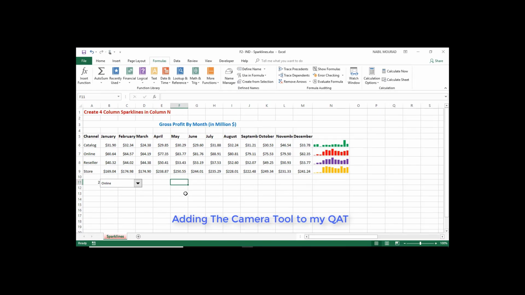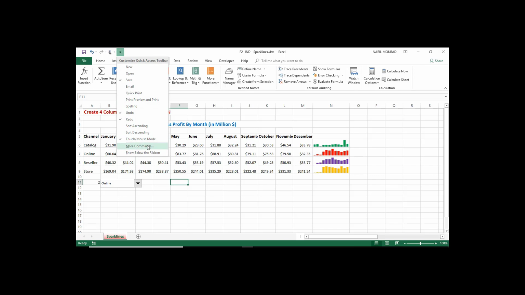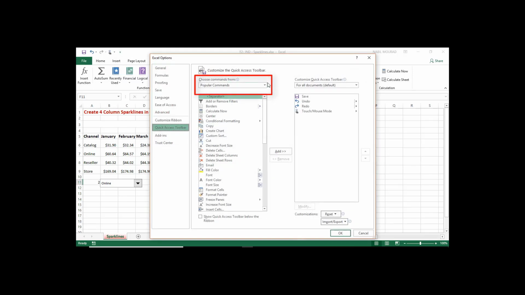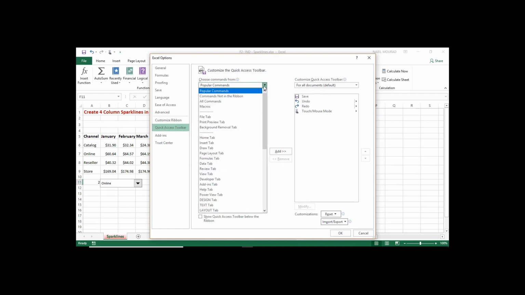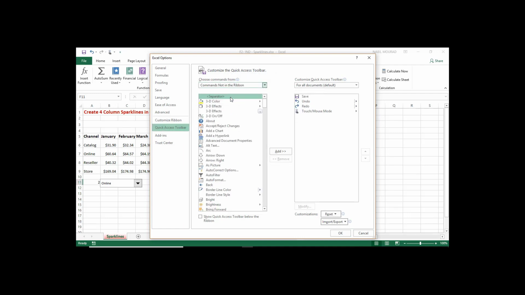Now, let's add one more functionality to my quick access toolbar. I would like to add a functionality called the camera tool. So I click on the down arrow for the quick access toolbar and select more commands. Here I need commands not available in the ribbon, so I click on the drop list and select commands not in the ribbon. The one that I want starts with letter C, and it's called camera. So I'm selecting camera and click on add to add the camera tool functionality to my quick access toolbar,